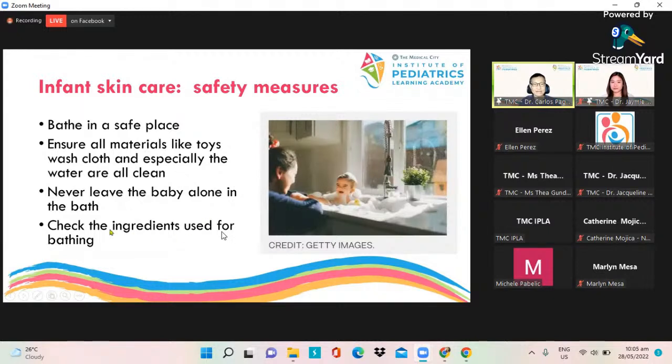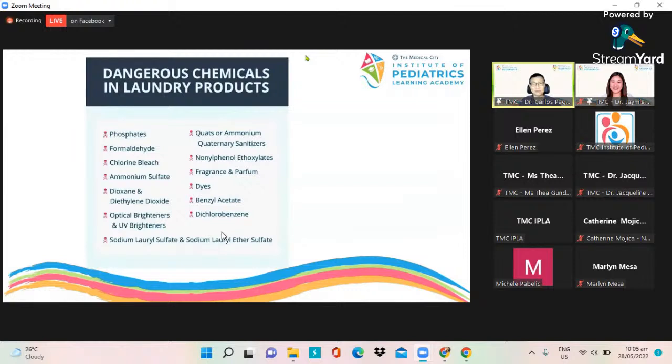And then finally, check the ingredients used for bathing. Dok, ang kulit mo. Yeah. Okay, here we go. Again. So these are dangerous chemicals in, well, the things that you use. I'll tell you which are the ones common. Chlorine, bleach. Napaka-common yan, hanapin yan. Ito talagang deadly to, dioxide.